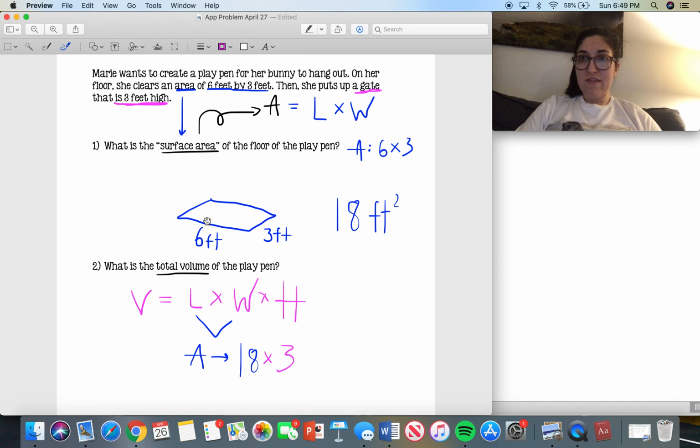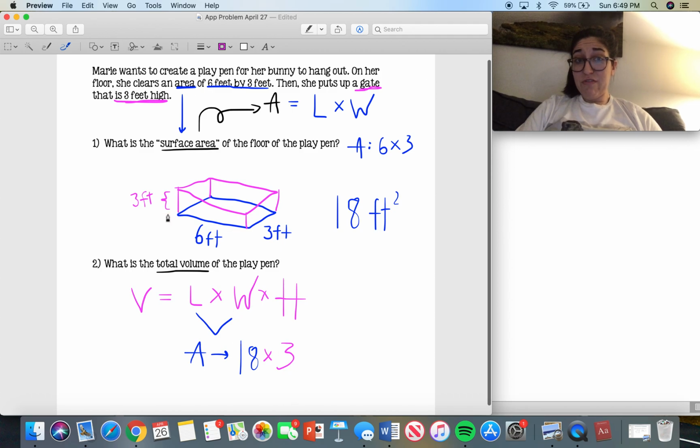So we can imagine, right, Marie's cleared this area, and now she's putting up a gate to make sure that her bunny actually stays in the pen that she created, right? So she's going to put up this little gate here, right? And I know that's not perfect, but if we imagine that this whole thing is 3 feet, then we now have 18, or this surface area, times 3, or the height, and 18 times 3,